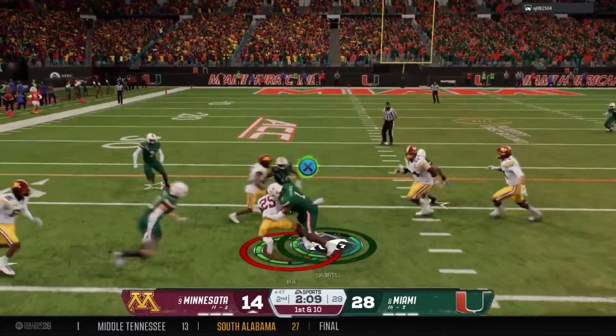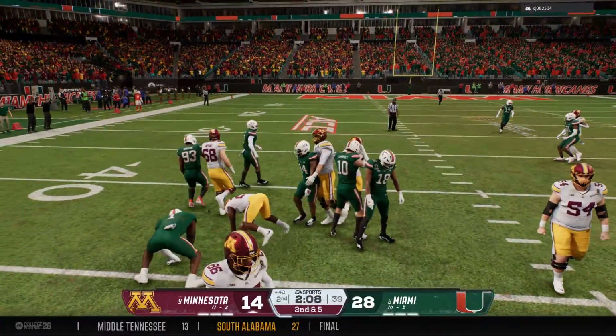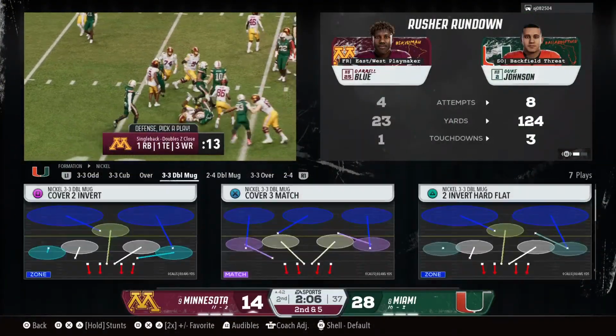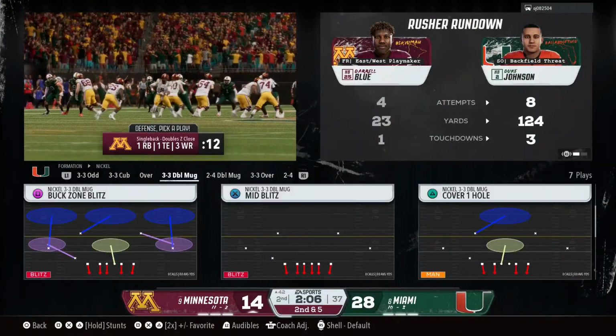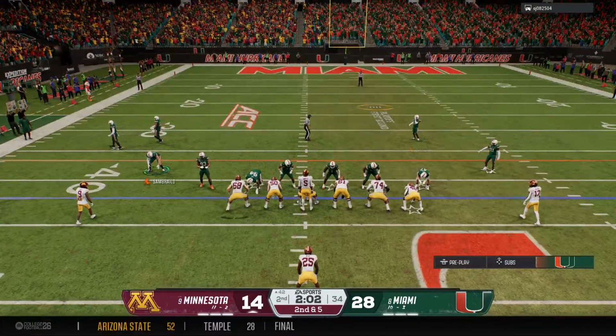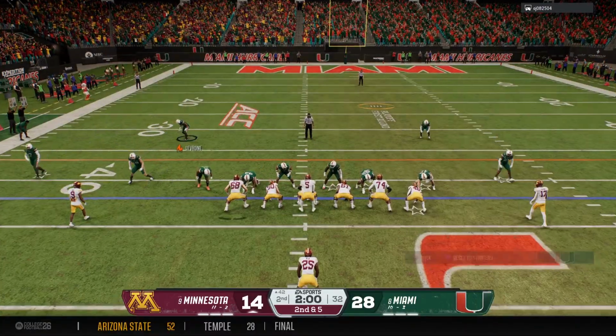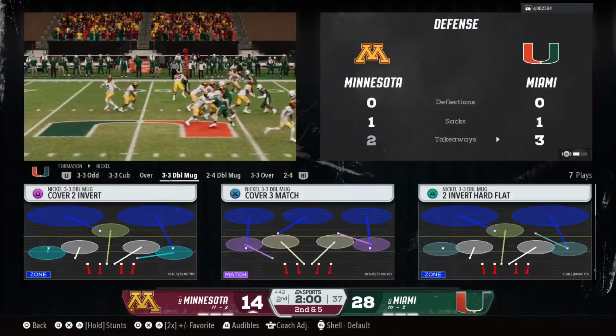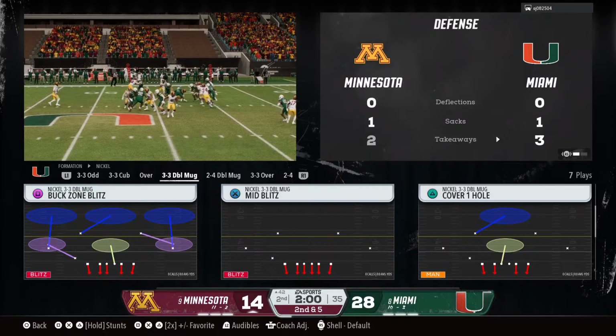They'll hand it off. And they finally stop him, but a decent gain that time. It's exactly what you want to see as a play caller. You get positive yards to keep you on schedule. That's all you can ask for. Good job up front and a nice run. Okay, we reached the 2-minute timeout. The offense has some work to do here trying to cut into this lead before halftime.